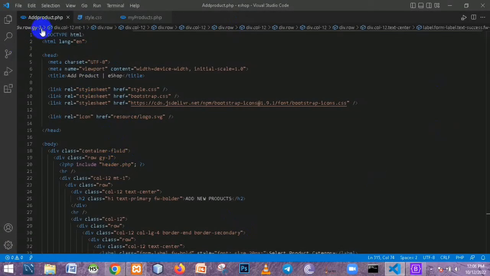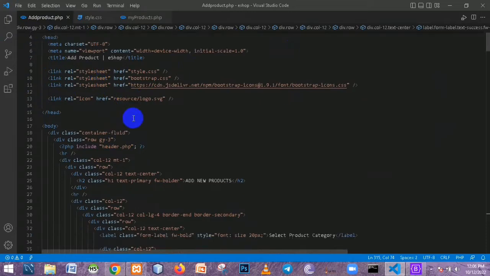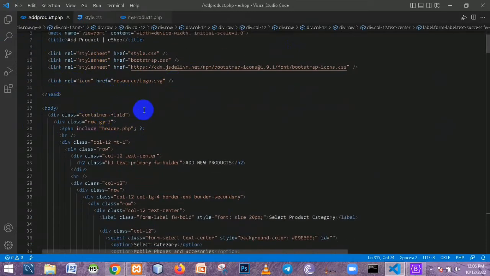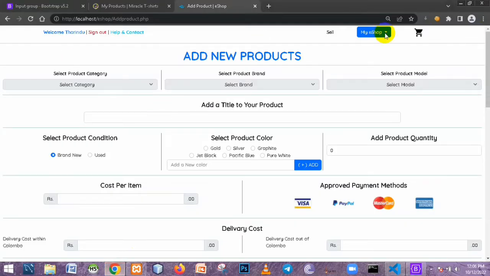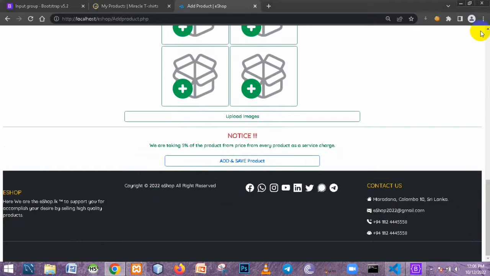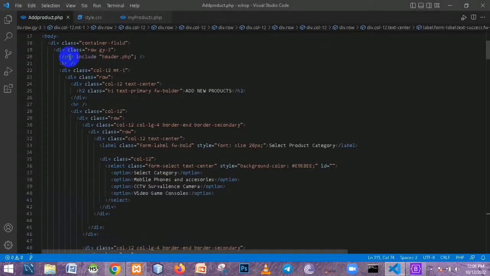So as I said, normally I add these head tags, and you can see there's a meta tag here, and style links here, and I also link my icon to my website icon. You can see there's a container-fluid because we want to add some Bootstrap styles for our web page. And I include my header page. You can see it when you see it. This is my header, and also this is the footer. We add the footer also inside these PHP scriptlets, and I also give an HR self-closing tag, which means horizontal line,